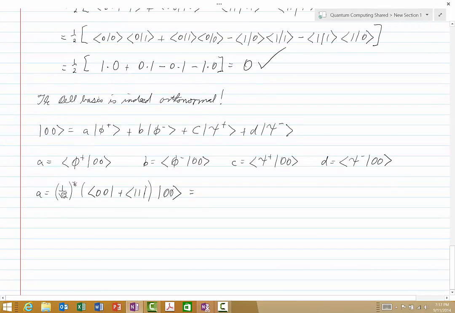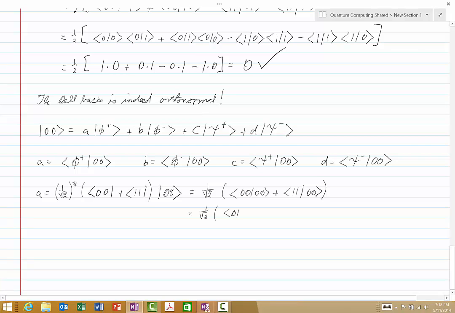So this is equal to 1. Of course, the complex conjugate of 1 over square root of 2 is just 1 over square root of 2. And we'll have 0, 0, 0, 0 plus 1, 1, 0, 0. And that is equal to 1 over square root of 2